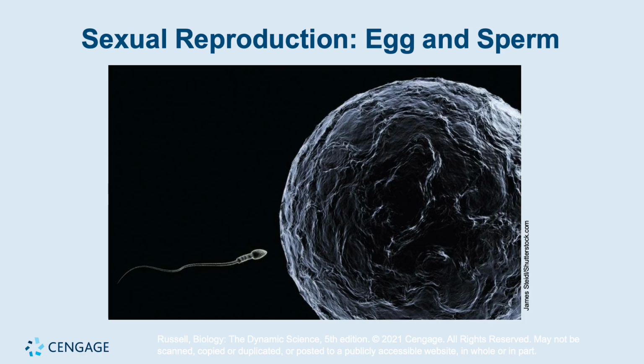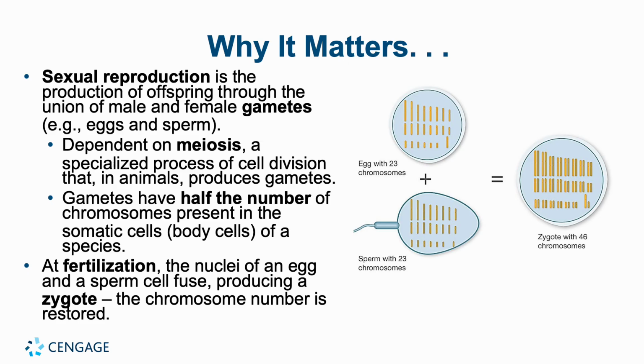Let's start. Okay, so this is a scanning electron image of an egg cell and a sperm cell. And if you can notice, the egg cell is comparably larger than the sperm cell. So this is actually their actual size. And these egg cells and sperm cells, they are necessary for what kind of reproduction? Very good. Sexual reproduction, which is defined as the production of offspring through the union of male and